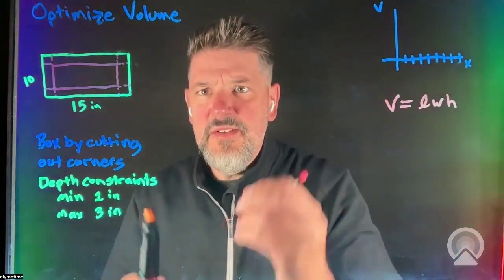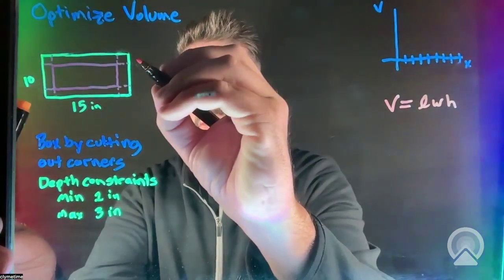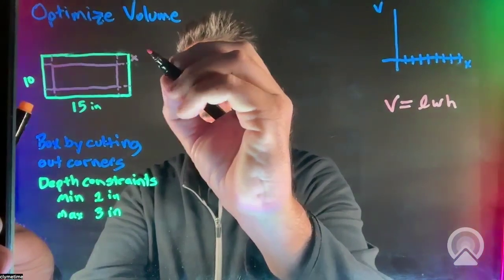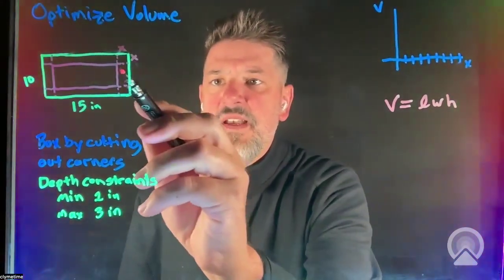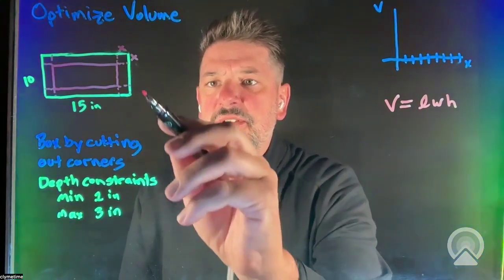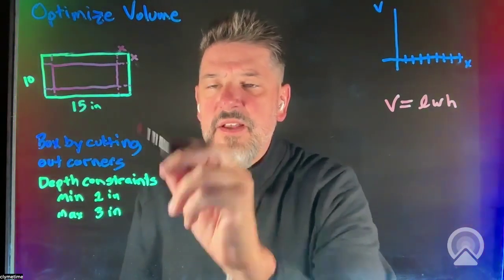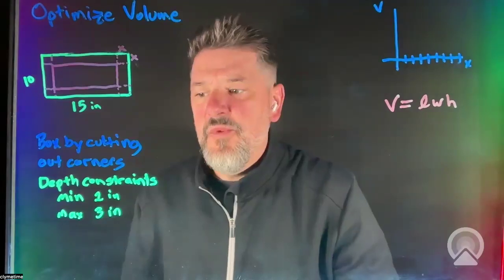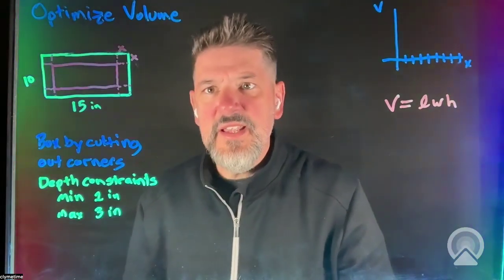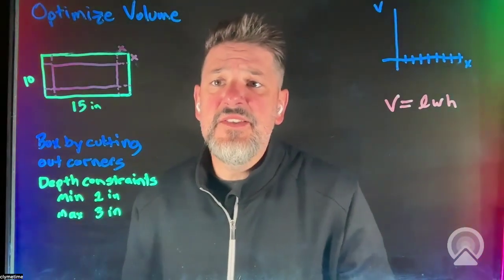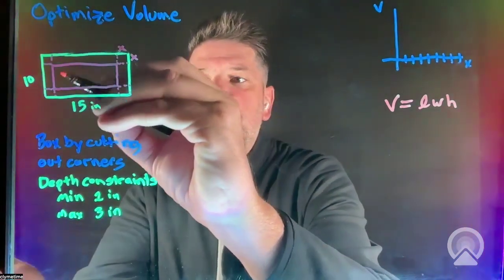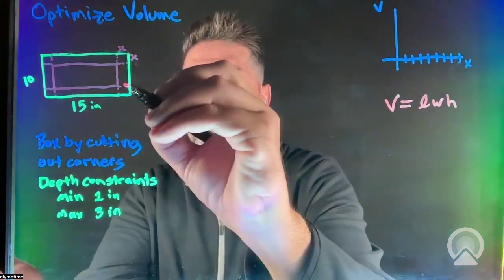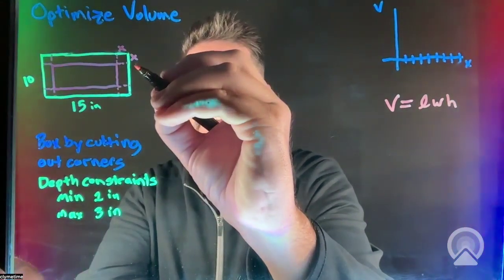So let's go back to here. If I don't know the size of the corner, I'm going to call that X. So X is going to be this unknown size for the corner that I'm going to cut out of each corner. And each corner is going to be cut out the same way. So while I don't know exactly what X is, I do know that X is going to be the same for all 4 corners. So if I look at the base here, this little rectangular base over here, this base is going to have